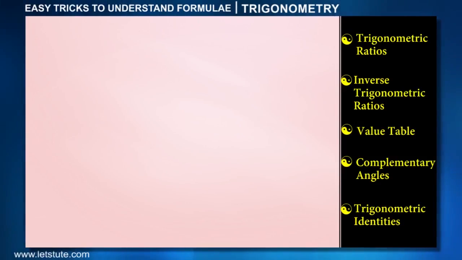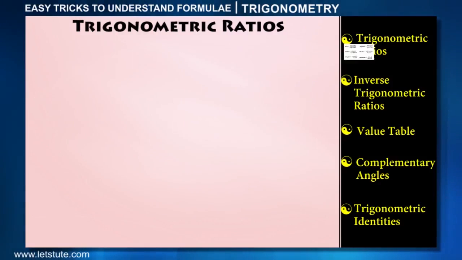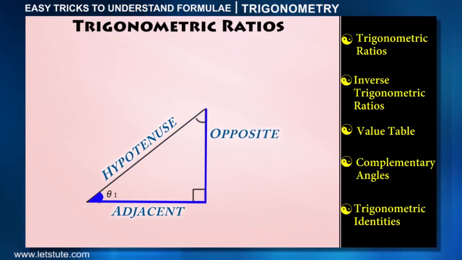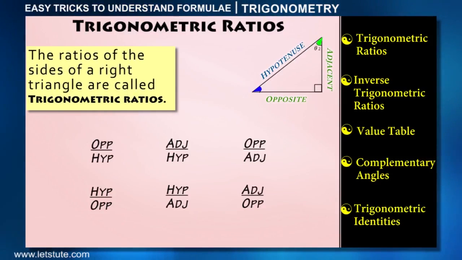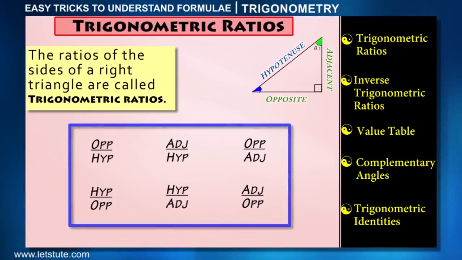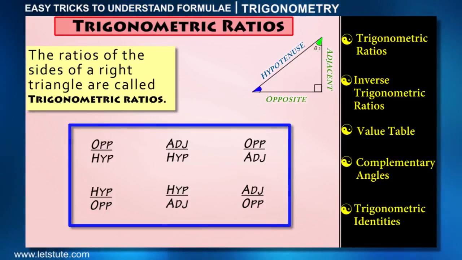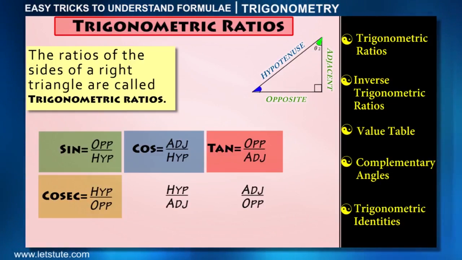Let's first talk about the 6 trigonometric ratios. So as we know, in a right angle triangle, the longest side is defined as hypotenuse. The rest 2 sides are called opposite or adjacent with respect to the angle we are talking about. And the ratios of sides of a right angle triangle are called trigonometric ratios. There are only 6 such combinations possible, and thus we have the 6 trigonometric ratios: sine, cos, tan, cosec,